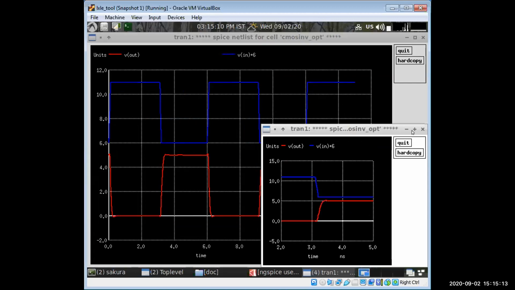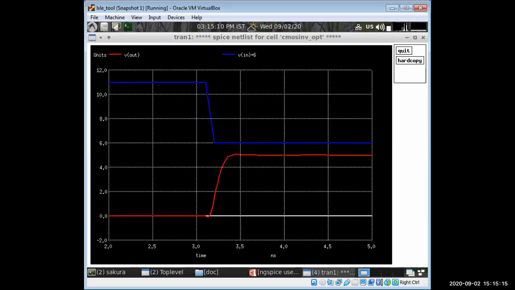So you can see here, this is the input voltage that we are giving, and this is the output that we are getting. So 50% of the input minus 50% of the output. That means you are getting the output at 2.5 just here, and the input just here. By subtracting these two values, you can get the TPLH.